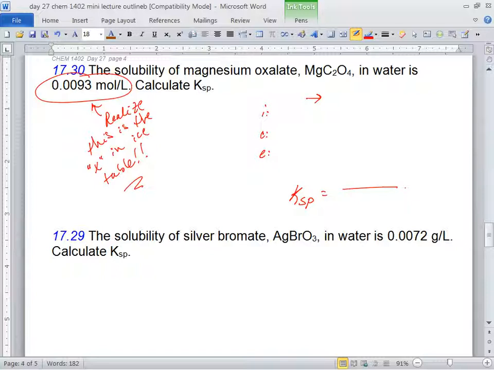But then you didn't put it in over here. Oh, I didn't. So what I would do is just do the ICE table like regular. You do X and 2X, X and 2X. Set up the KSP expression, all in terms of X and 2X, and then you substitute in. Otherwise, it gets kind of confusing, because you forget to substitute here and don't here. You're halfway there, but I think it'd be cleaner if you make the ICE table all with X's. Don't put any numbers in there. Write the KSP expression all with X's, and substitute in what X is, the 0.0093, as the very last step.